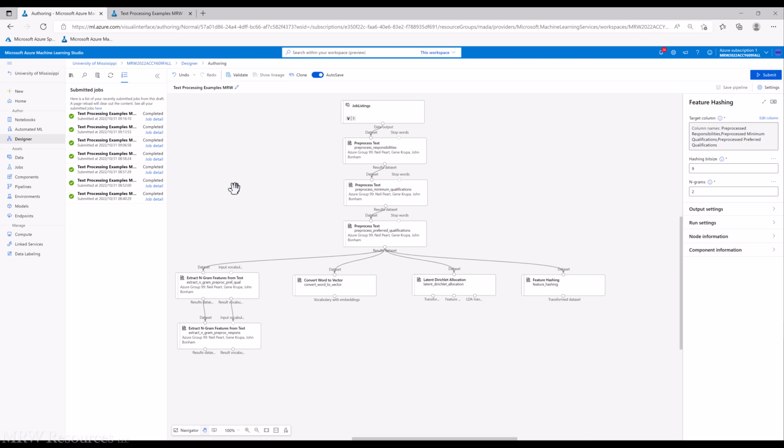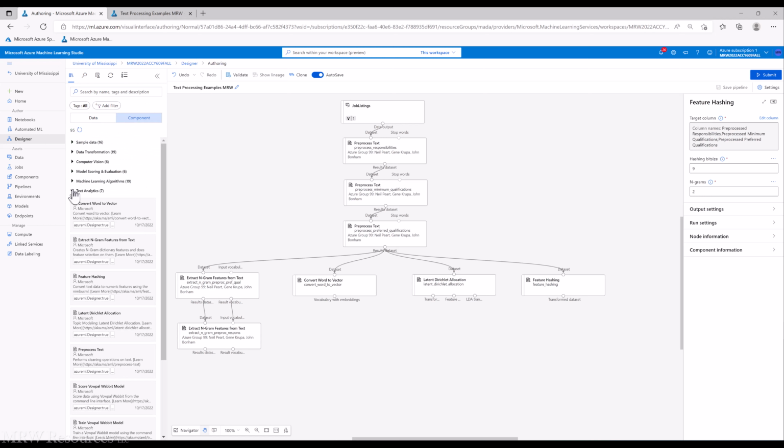Okay, the next thing we'd like to do is start predicting. But before we turn our predictive models loose, we want to clean up our data sets. Now that we have all these additional features, we no longer need the original text or even the pre-processed text. So we will go through and clean up each of these branches that we have in our pipeline before we start modeling. So I'm basically going to bring in a select columns